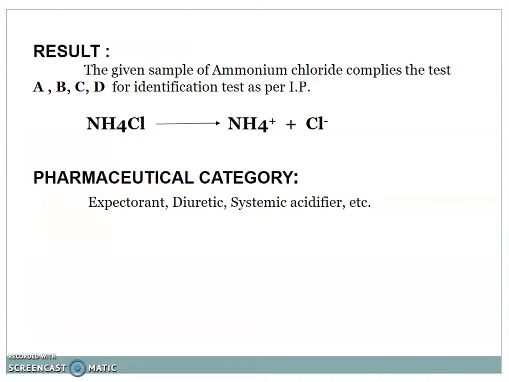So, result: the given sample of ammonium chloride complies with tests A, B, C, D as per IP for identification test. That means ammonium chloride NH4Cl gives NH4+ and Cl-, and the pharmaceutical category of ammonium chloride is expectorant, diuretic and systemic